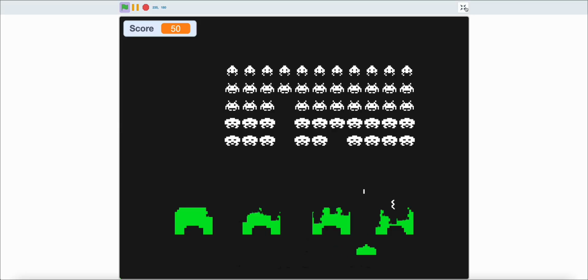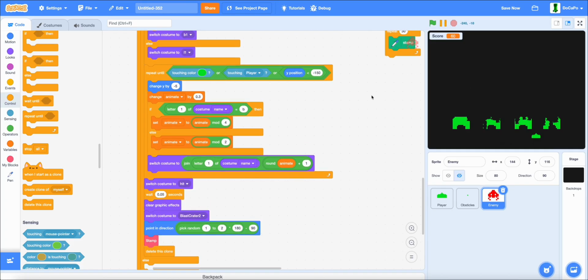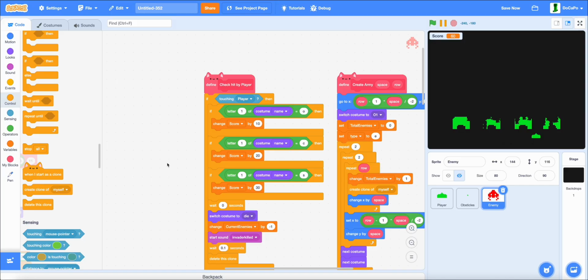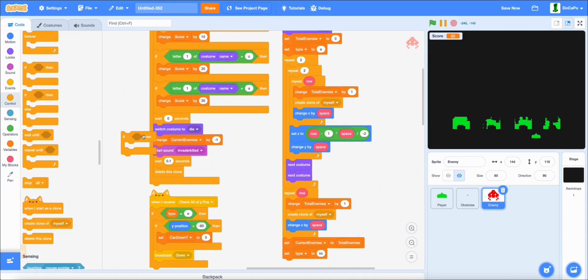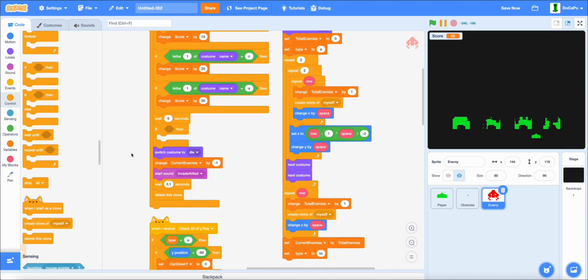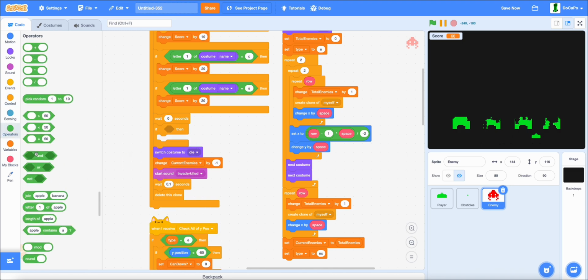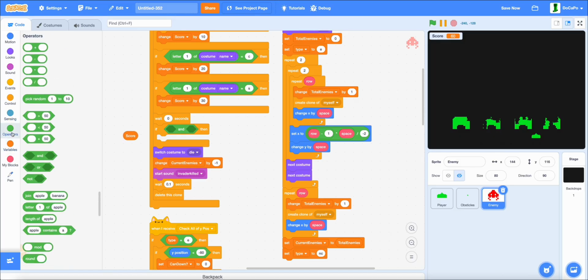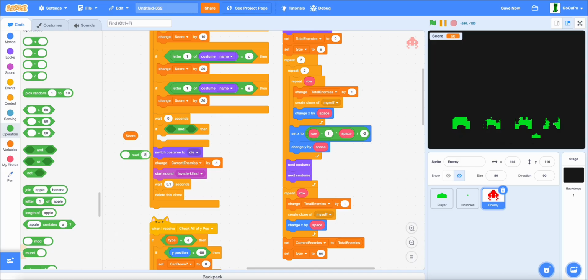And now, lastly, for the spaceship to spawn for extra points, going back to check hit by player, and in here adding in an if, and now if score mod 250 is less than 30